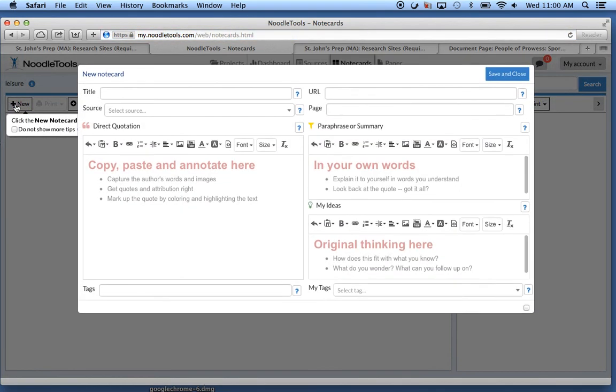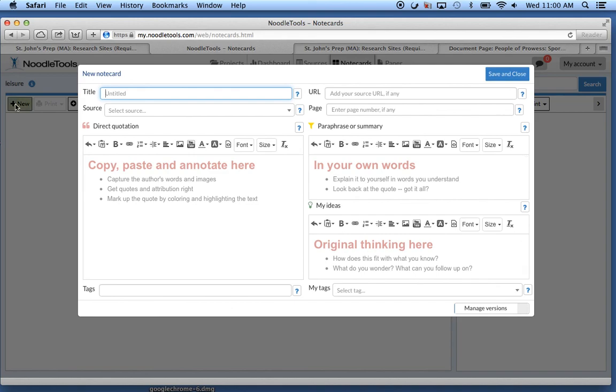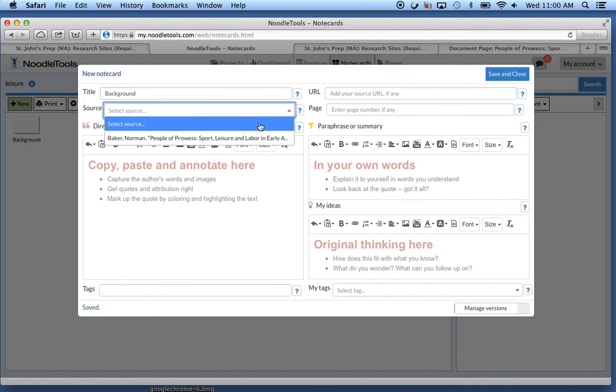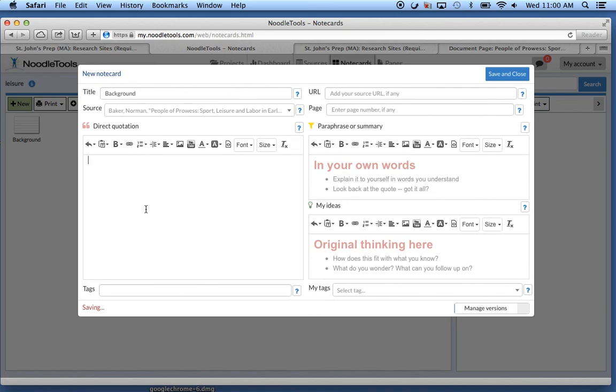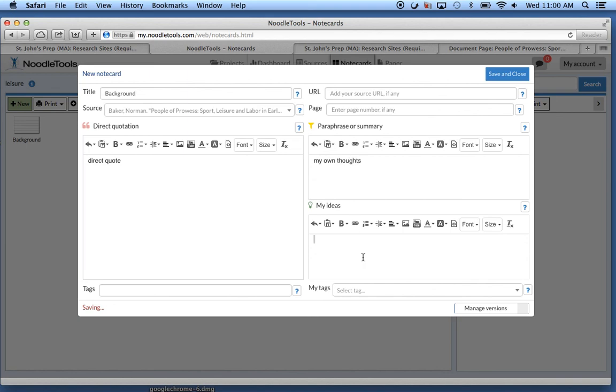So creating a new note card, I can call this whatever I need to, background maybe, and edit this. So maybe I'm going to label this something now, but I'm going to use it in a different part of my paper, or I'm going to put a subtopic or some other helpful organizational label on it. I'm going to link it to the source so I know where that came from, and here's where I would copy and paste the direct quote from the article. Over here, I'm going to put in my own thoughts or interpretation,